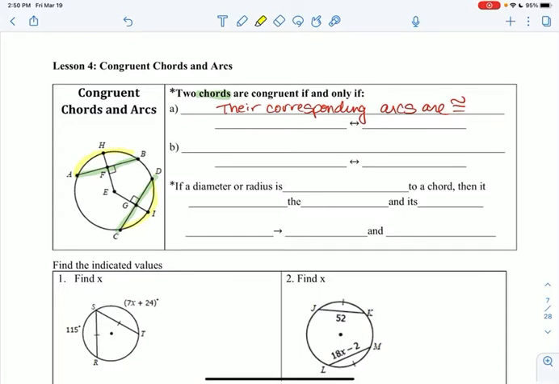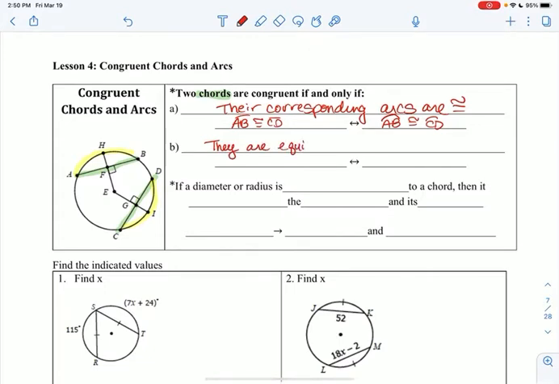So basically, if chord AB is congruent to CD, if and only if arc AB is congruent to arc CD. So if the chords are congruent, the arcs are congruent. If the arcs are congruent, then the chords are congruent. Okay? And another way they could be congruent is if they are